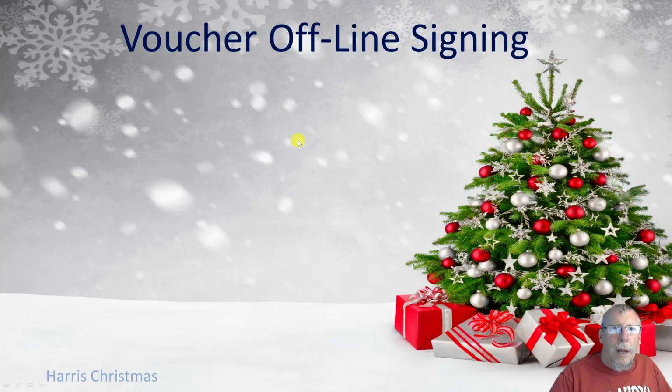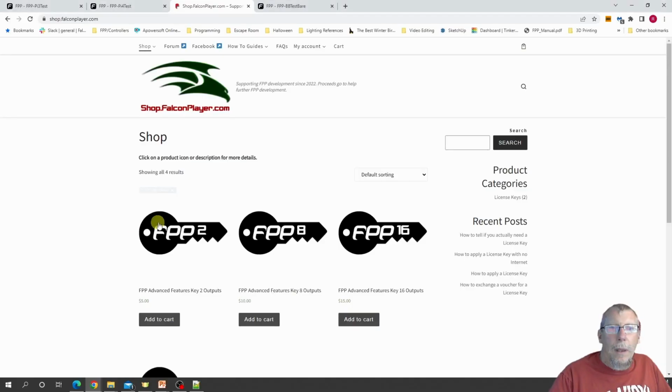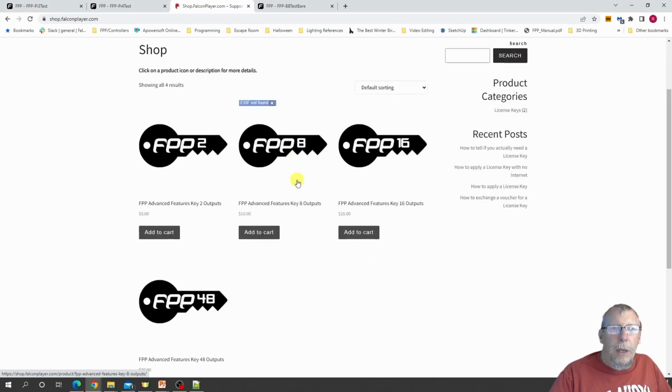Okay, so the voucher offline signing is almost the same as the offline signing for the key. You'll go to the Shop Falcon Player, and you actually go like you're going to purchase the key that you want. In this case, we're going to go to this 8-port.